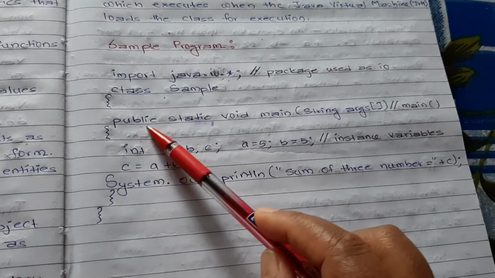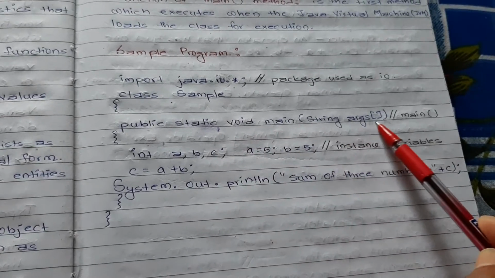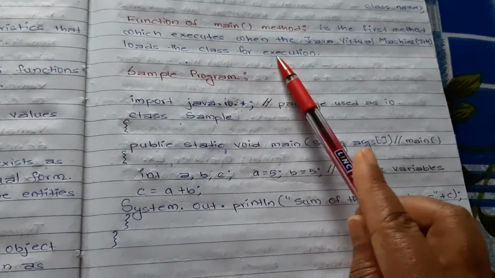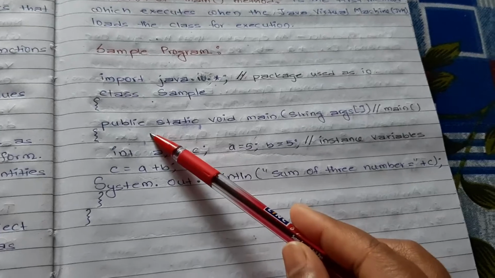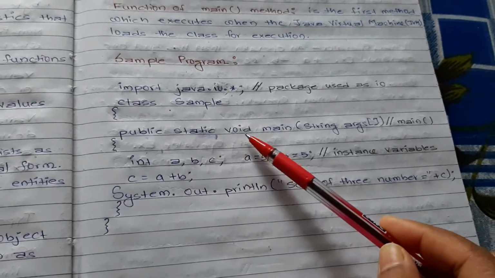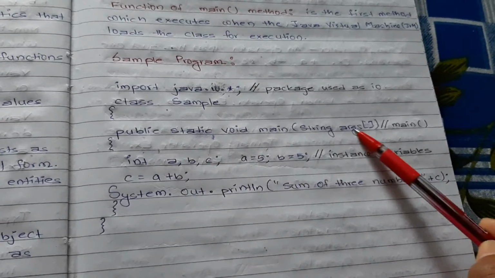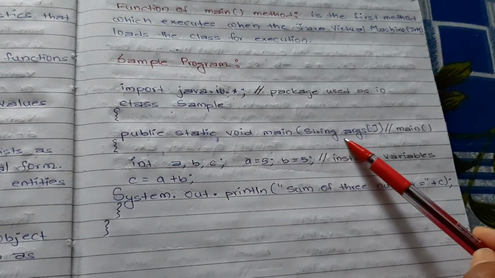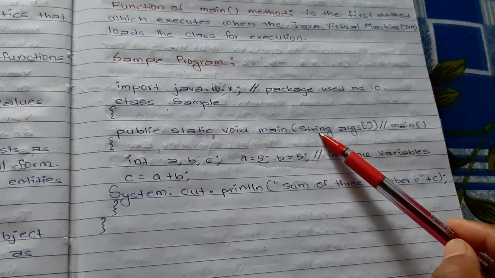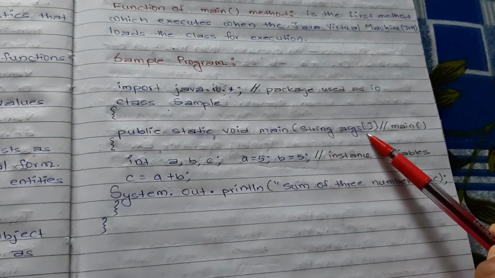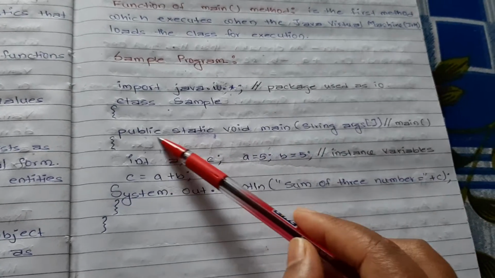After this, this is the main method. Okay, this is what it is. So this is the main method, that is public static void main string args. Okay, so what is the purpose of this line? These lines are used to display the string argument. Okay, string argument. If you see, these are all the commands.